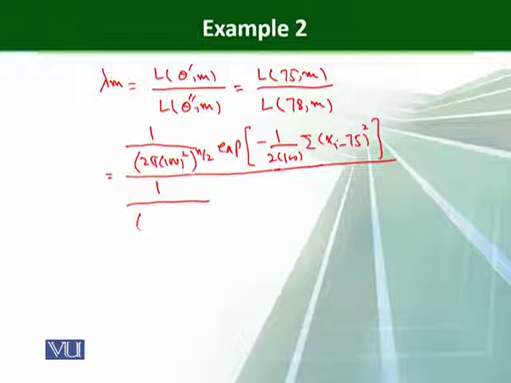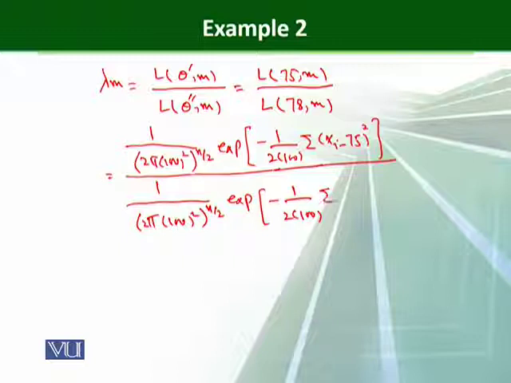This is a constant factor, so it remains as it is, 2 pi into 100 raised to power n over 2 into exponential minus 1 over 2 into 100 sum xi minus 78 whole square. So this will cancel out, or after simplification we obtain the value of the lambda m, that is exponential